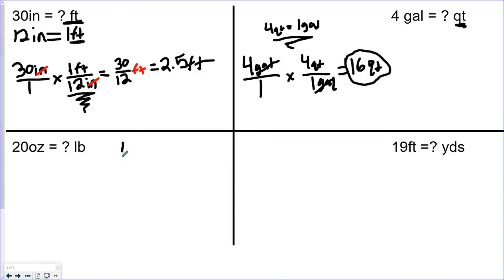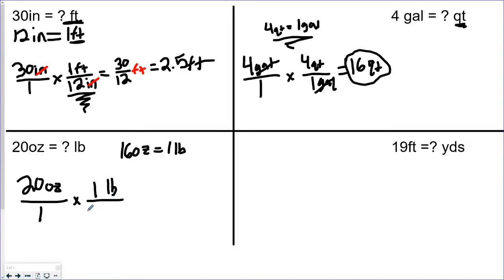If you don't know, 16 ounces is in 1 pound. So when I start, I'm going to have my value, 20 ounces. Put it over 1. I want to go to pounds. Well, 1 pound is equivalent to 16 ounces. So again, this conversion factor is simply going to be changed into a fraction so that when I multiply, the ounces go away, and I'm left with 20